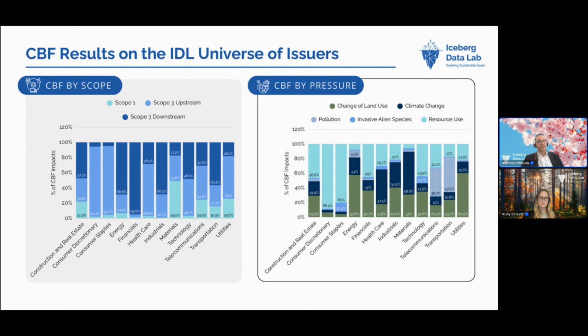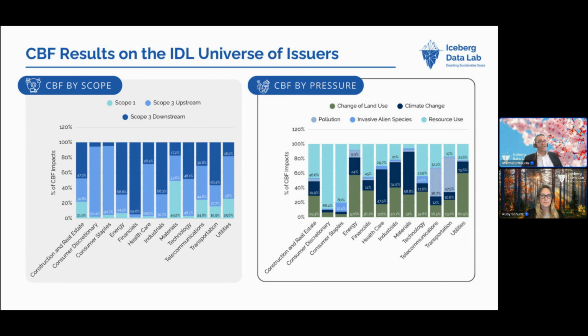It's important to have a comprehensive view, scope-wise, because like for climate, as you can see on this graph, depending on the sector, the main driver of a biodiversity footprinting can be upstream. That's the case for consumer staples and notably for the food sector, for instance. Downstream, or the direct impact for the metals and mining sector, important weight, or downstream, obviously for the financial sector, because it's the footprinting of the loan book or portfolio asset portfolio.